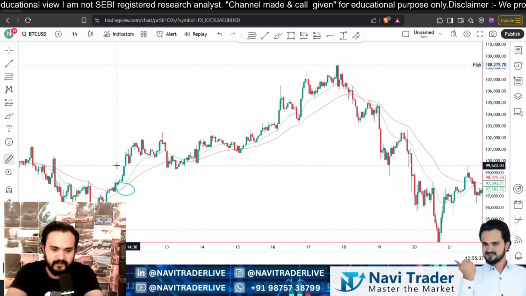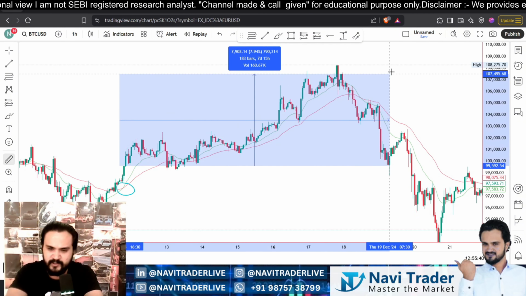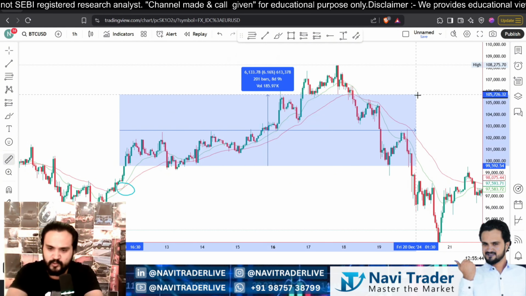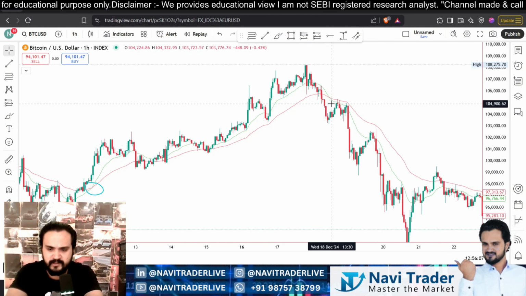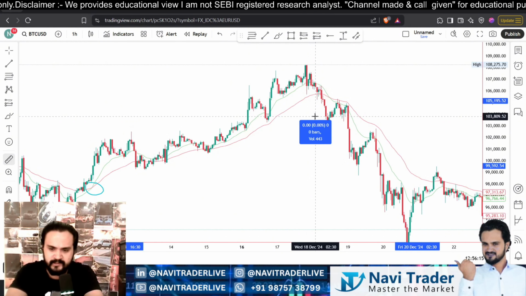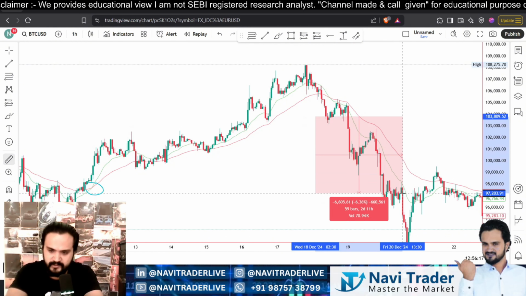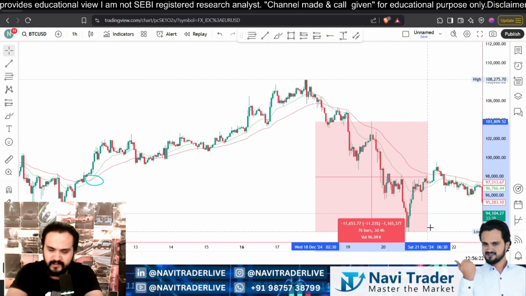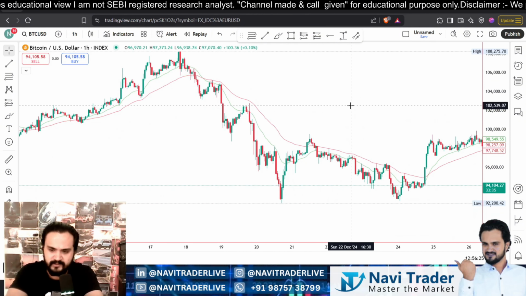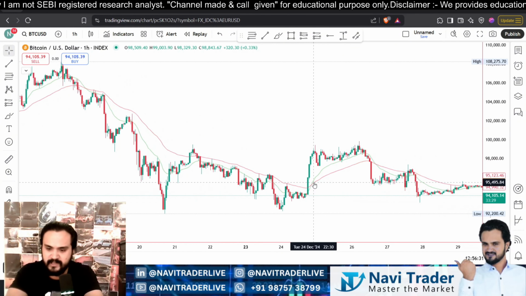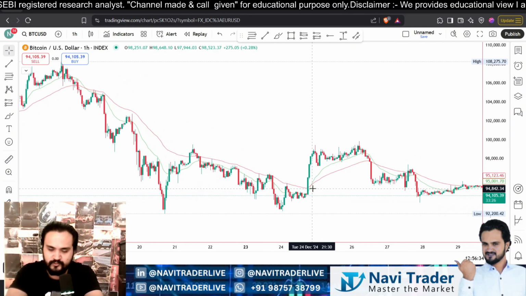For exit you can choose manually with the price action, like this candle, or you can go with this green line breaking the red line, then our short entry is initiated. So maybe you cut your long trade and initiate the short trade. Here you can see that a move of 11,000 is captured. This kind of movement is always seen in the market, but sometimes you can see a loss also.